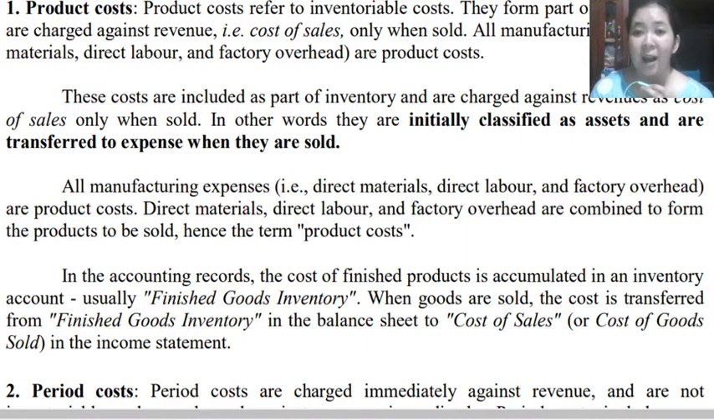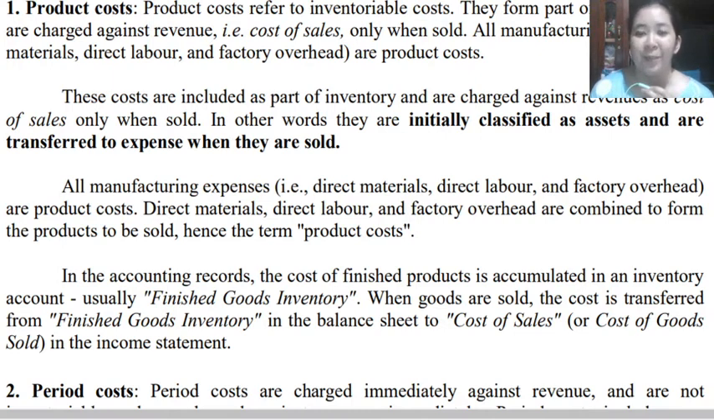That's why they are classified under work in process inventory. And lastly is our finished goods. So these are the finished products which are readily saleable. Okay, so those are the three different types of inventory under our